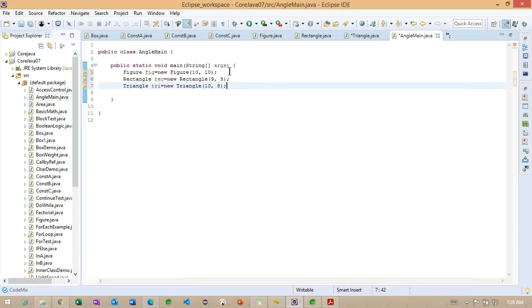So these are the three constructors I'm creating here. And one more I'm creating here. The same thing we are going to check here.